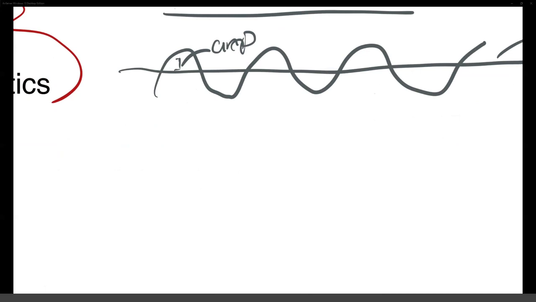Hold on. This is your trough and crest. And then I think those are pretty much the main parts. I could maybe ask the class: what would you call this distance? Does anybody know? Wavelength? Yep. So lambda,